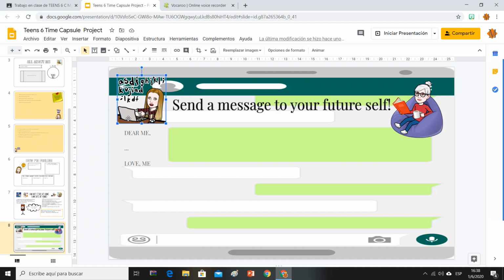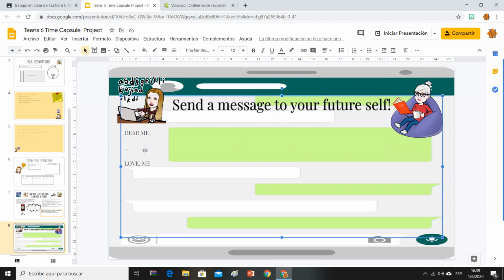As you can see, here you have Misana nowadays working on her computer. And this is Misana in the future drinking some coffee. And I hope she can enjoy her life reading a book. Okay, so here in the middle, you're going to write Dear Me. And I want you to express yourself. Write a message of about 100, 120 words